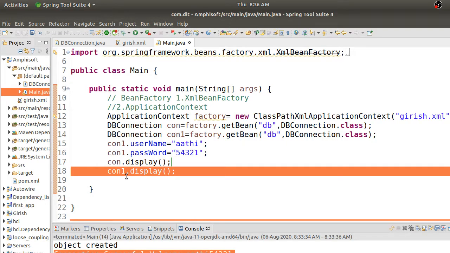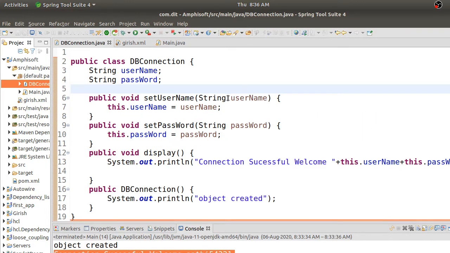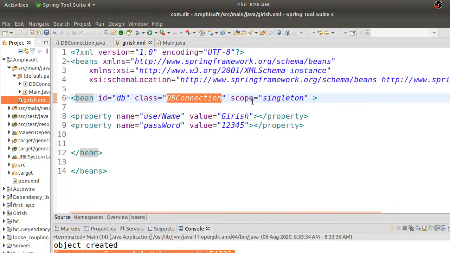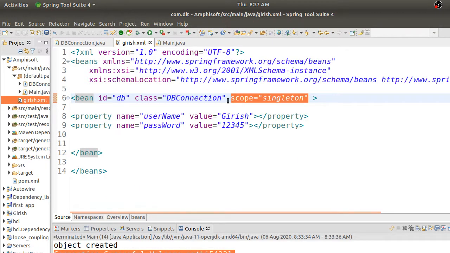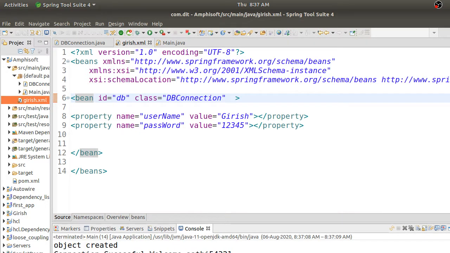If you don't give singleton here, just erase it, by default the scope of your bean in Spring is singleton, so it will get only Aarti. Now I don't want this.